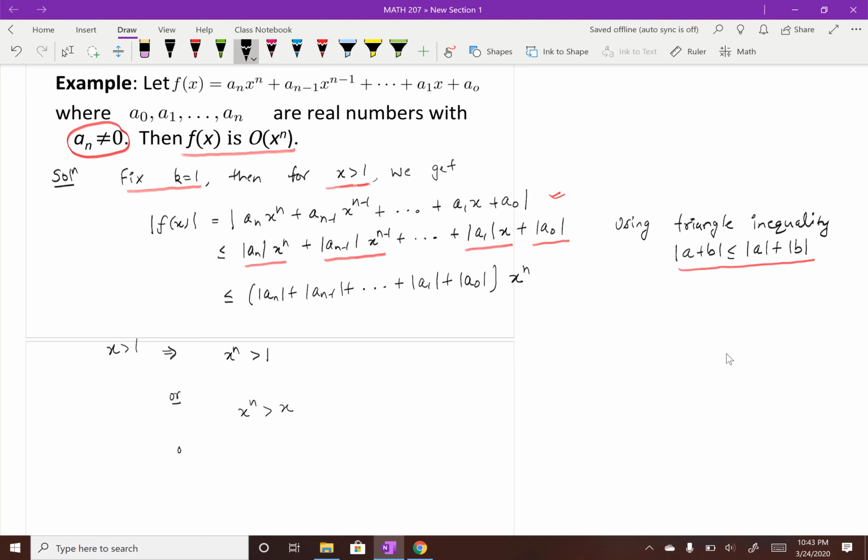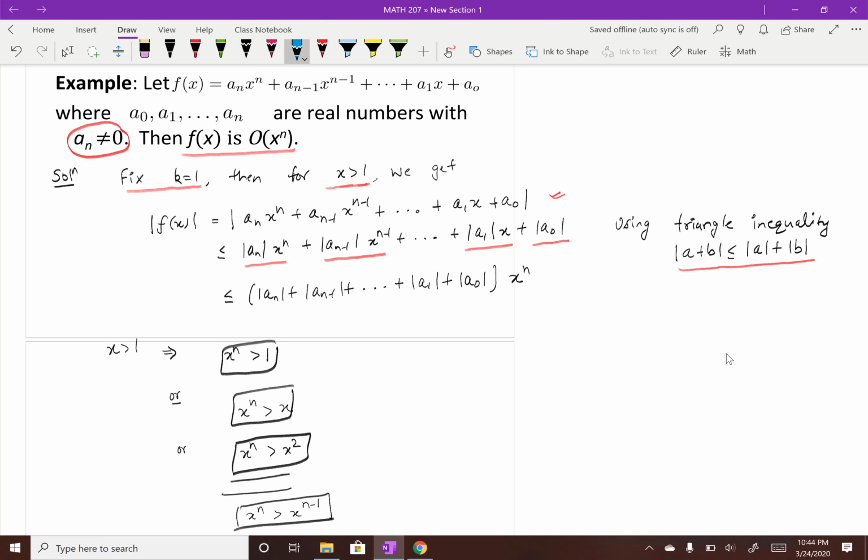I can also conclude x to the power n is greater than x square, or I can keep doing this one. I can say my x to the power n is greater than x to the power n minus 1. And using all those bounds on the terms of x, x square all the way up to x to the power n minus 1 on this right side,